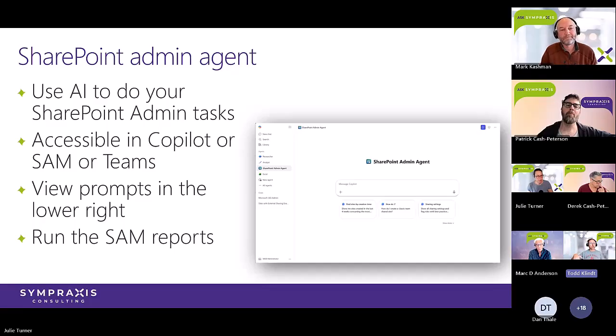And for this to work, I know Derek talked about it earlier, but you have to have that SAM admin role in Entra ID to get this stuff to light up. So I've had to get that. I've had to have that role even though I was a global admin and a SharePoint admin in a tenant, but just always check that one. So I think we've answered Caleb's question about is the admin agent supposed to be able to read our SAM reports and extract the data from them? And clearly that is the answer to that. So that's exactly what it's grounded on.